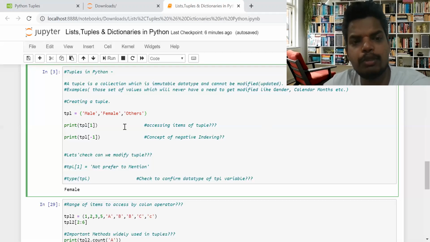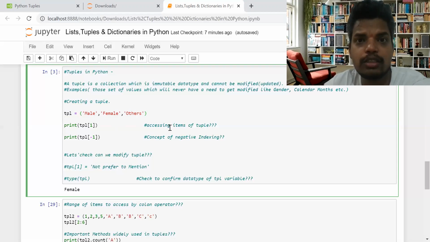Mostly there would be three values, male, female, and others. Generally the gender attribute will never be updated, hence a tuple can be a good option for that. So I have created a tuple with the attribute values male, female, and others.